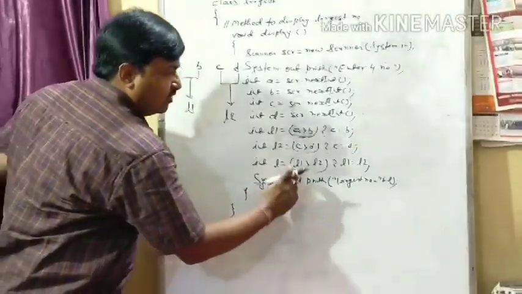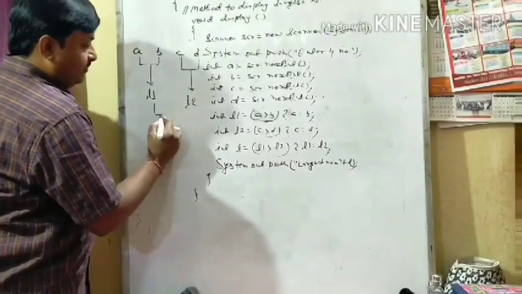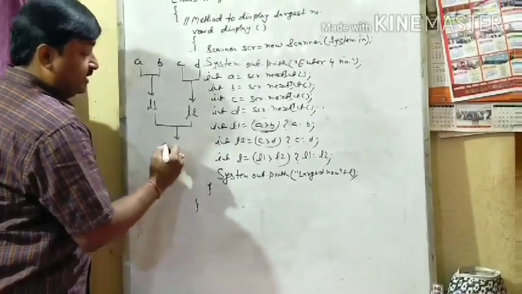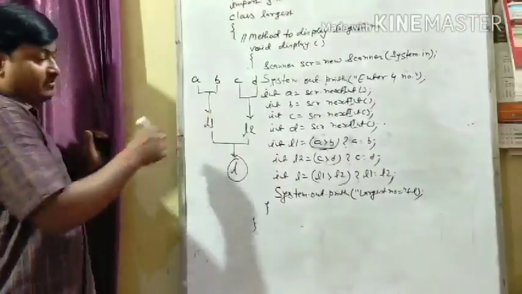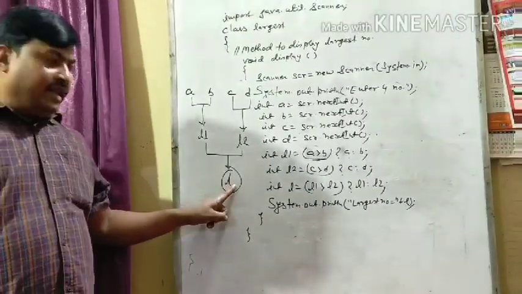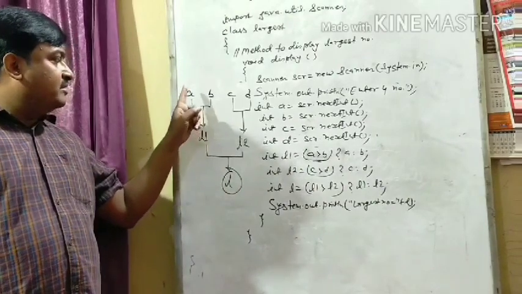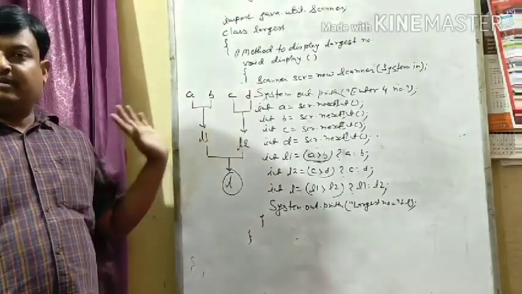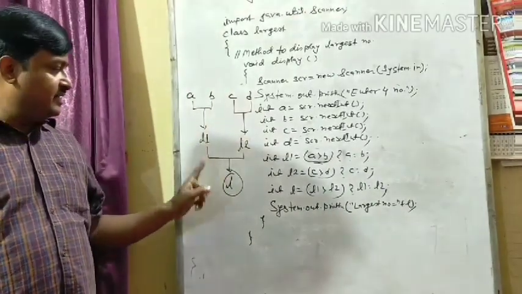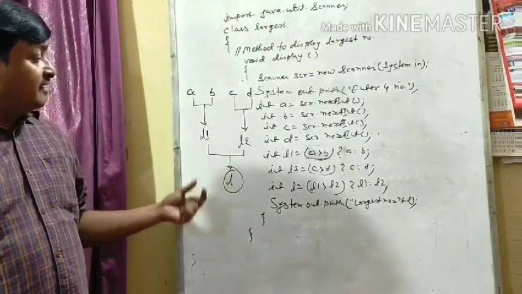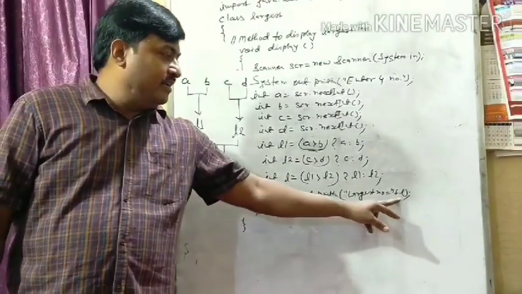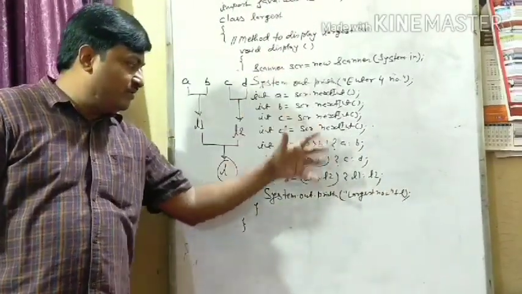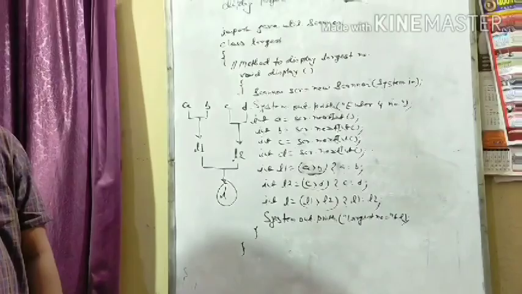In the third line, int L equal to L1 greater than L2 means the largest among L1 and L2 is stored in variable L. So this way the variable L will store the largest number amongst the 4 different numbers A, B, C and D. Whichever is larger is stored in variable L, and we will print the variable L. So student, this way we will find the largest among 4 numbers.